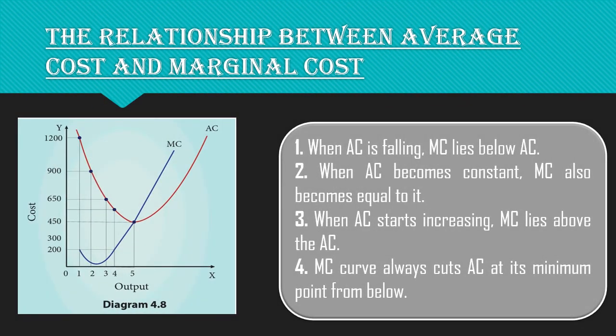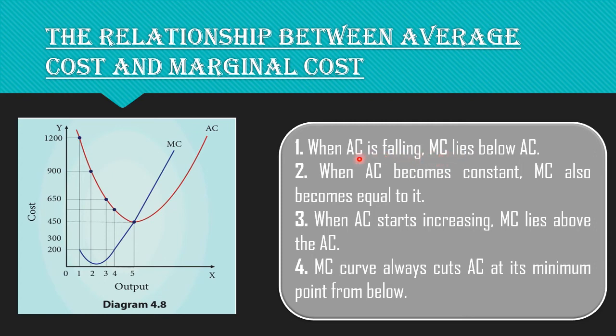So the next concept is the relationship between average cost and marginal cost. Before going further, I would like to explain that both costs are calculated from the total cost. As you know, average cost is equal to the total cost over quantity. And in the same way, marginal cost is the difference between two total costs, the cost incurred in the production of an additional product. So what you have to remember in the exam, if they ask you this question, is that marginal cost always lies below